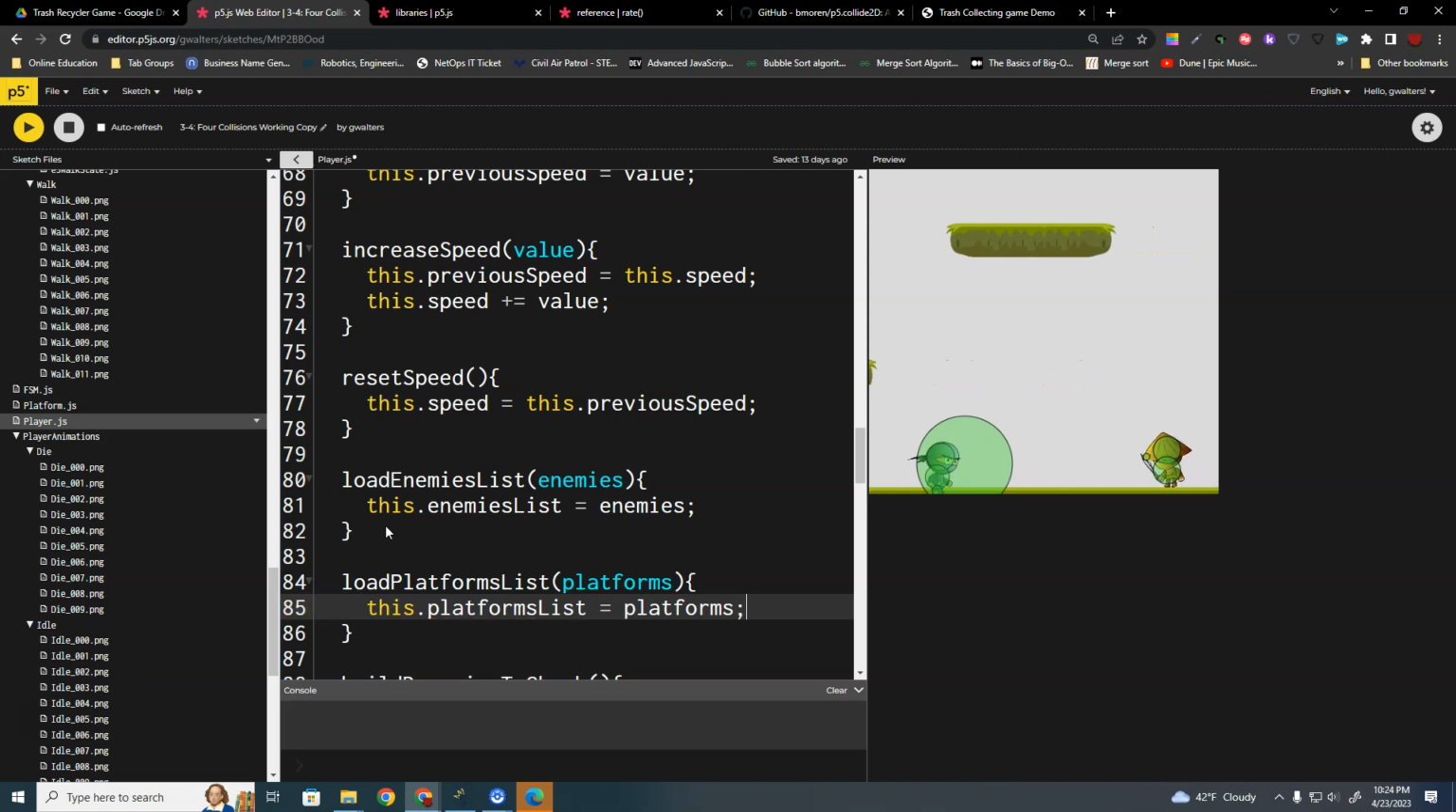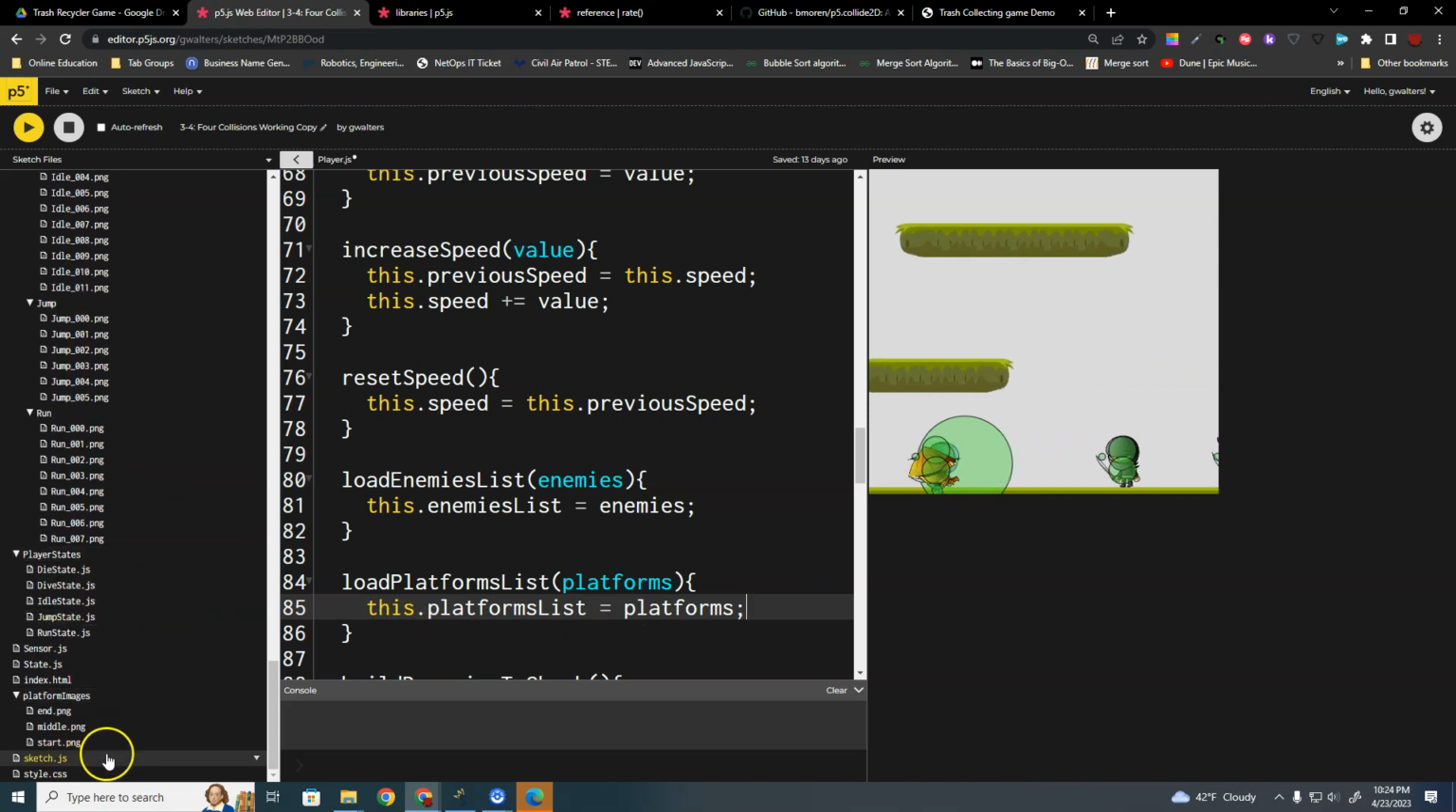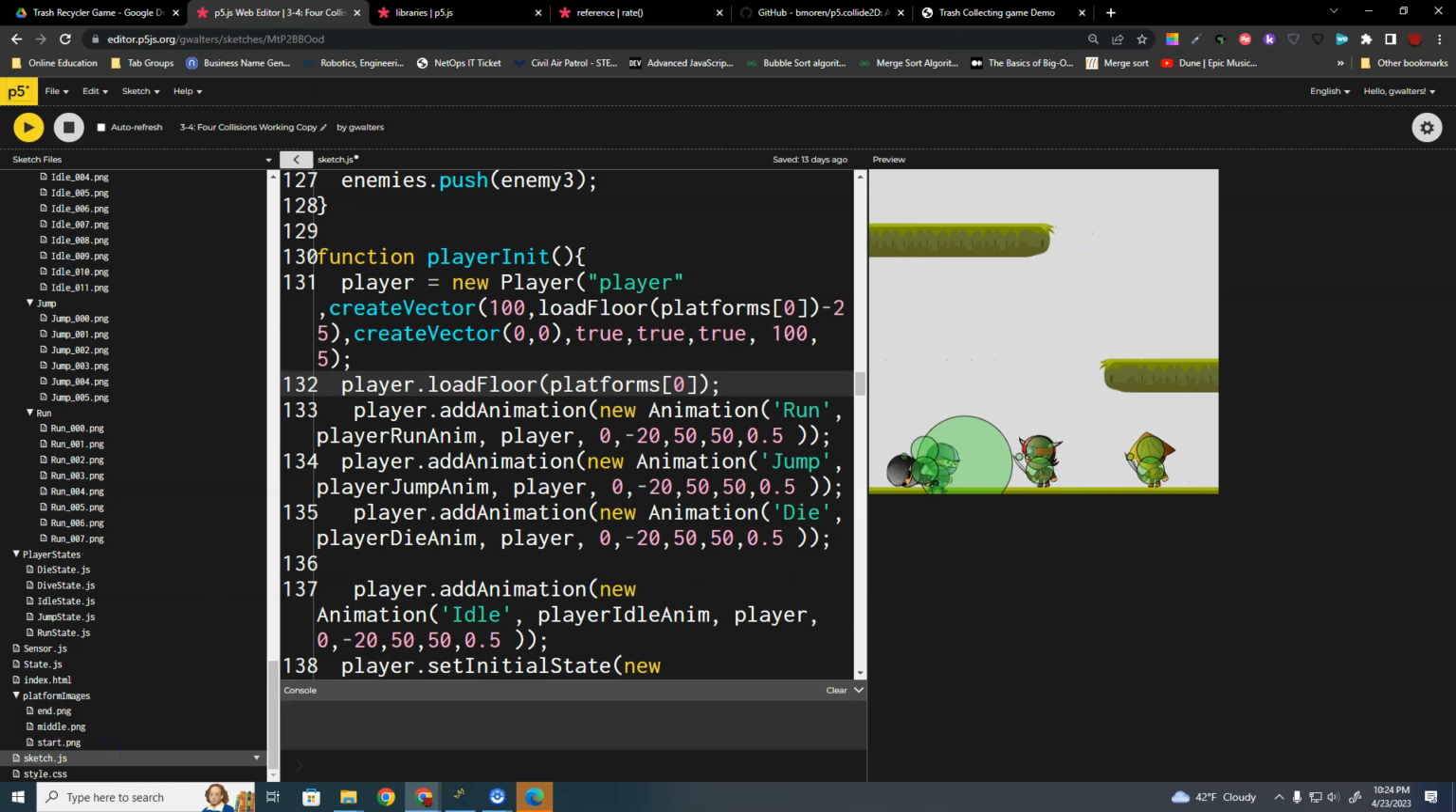Now, if this is something that I wanted all of my enemies to know too, and I wanted to design the enemies to be able to, say, walk on a platform and then fall off, I would probably move this then into the dynamic creatures class, because then I can access that anywhere. Okay, so